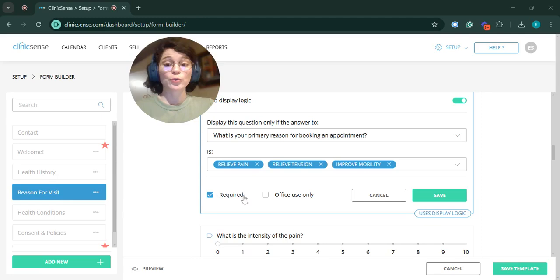Now let's talk about the required checkbox. You'll see this option only in your form templates, not in the treatment note templates. Marking a question as required in your form templates means clients must answer it before they can submit the form. If a required question is left blank, the client won't be able to complete the form and won't be able